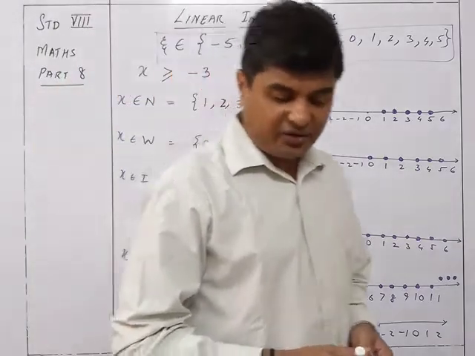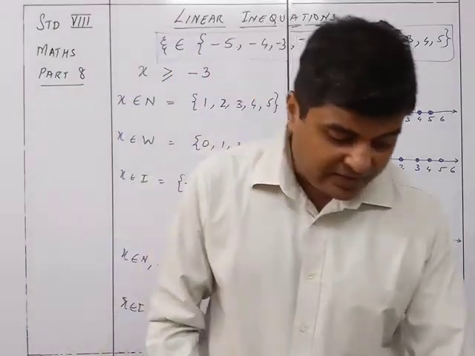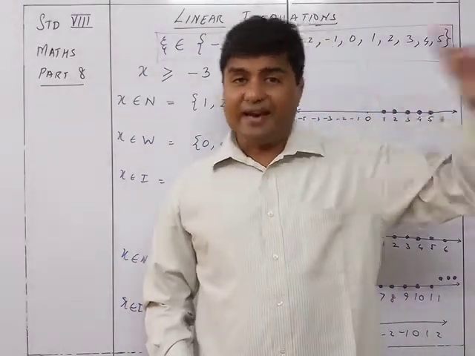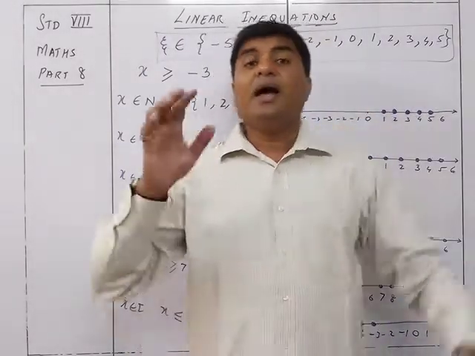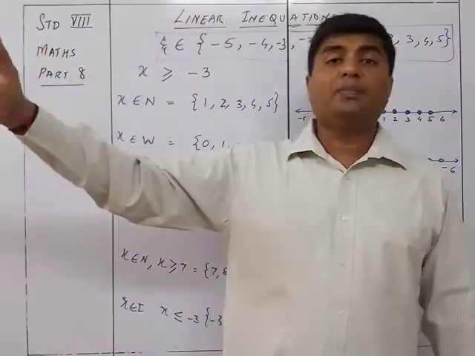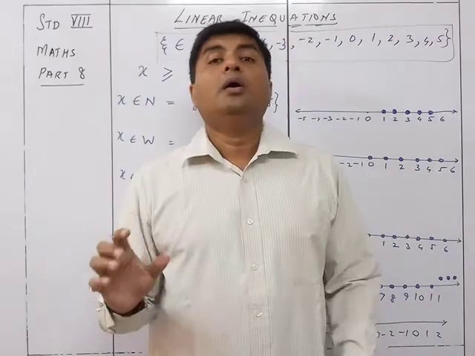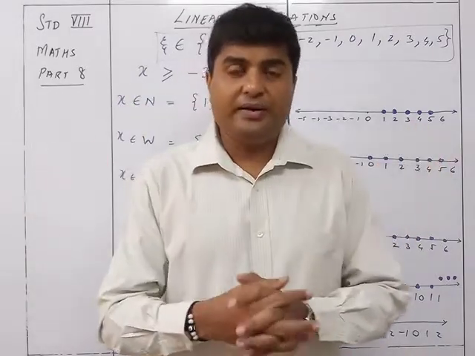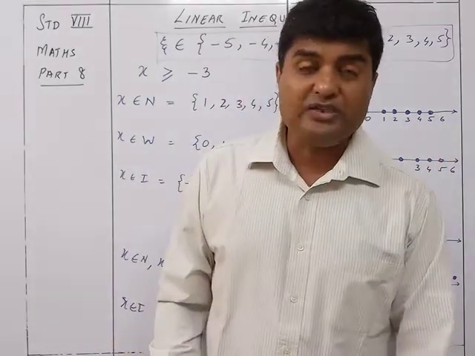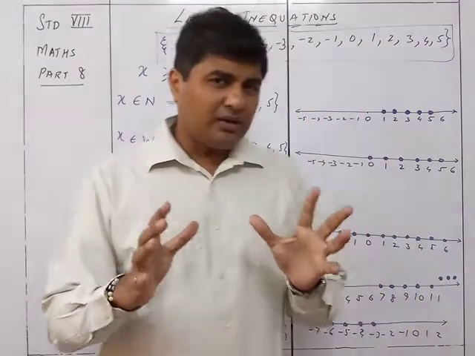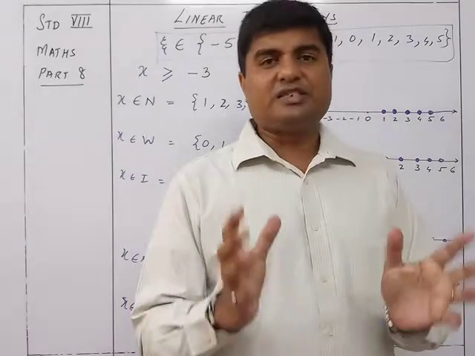So in this way, the 3 dots on the left hand side will indicate all the negative integers till infinity, and on the right hand side will indicate all the positive integers till infinity. So this is how you are going to show these particular points on the number line. So this was about the general thing about the answers you're going to get.